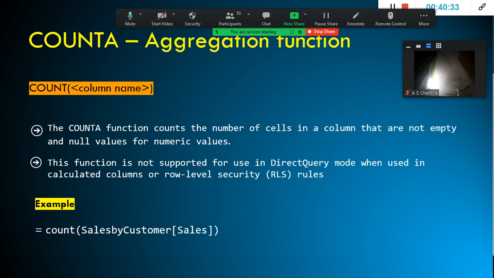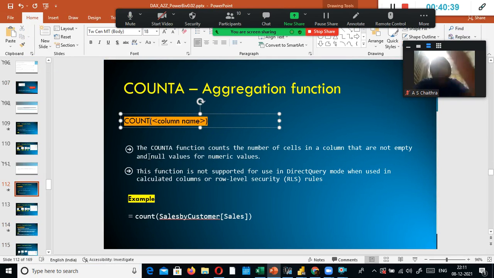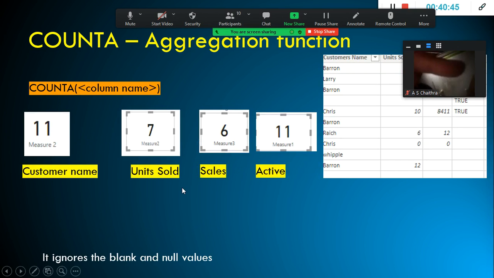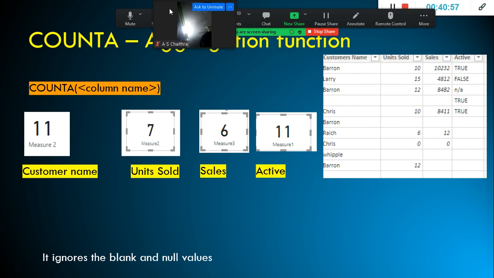Okay, so COUNTA also takes the scalar value here. When I use COUNTA, it is the same as my count: 11, 11, and here also 6, here also 6, and here also 6.